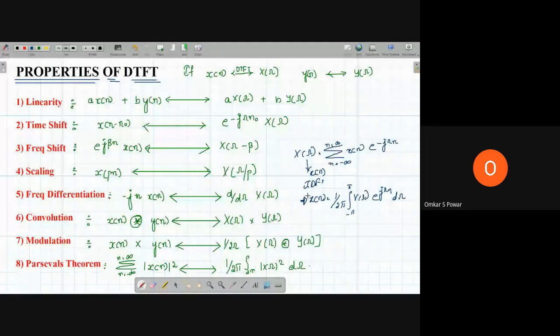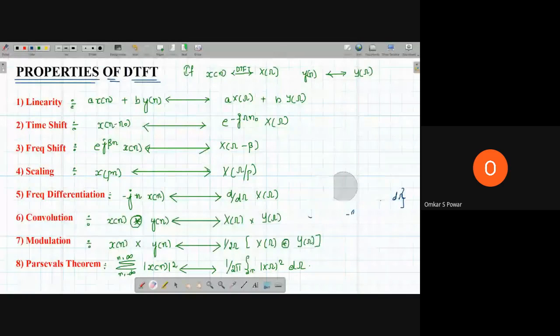But if you use some of the properties which I have mentioned here, it will be easy for us to solve the problems. So first I will explain the properties. The derivation, I will post the video, don't worry about that. The derivations for properties of DTFT are important. First we will understand the properties, and then we will solve some problems with respect to properties to get the time domain signal from the frequency domain signal. So that is getting x of n from X of omega in this class.